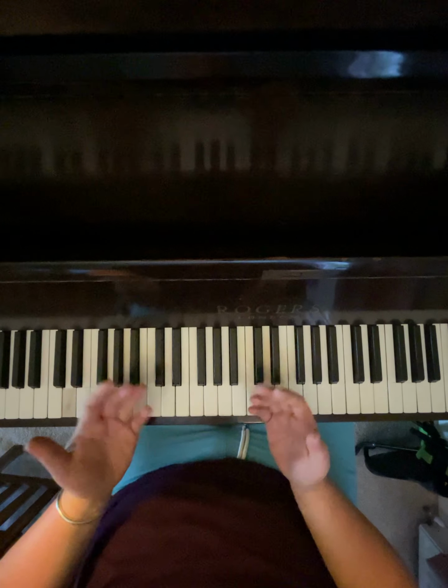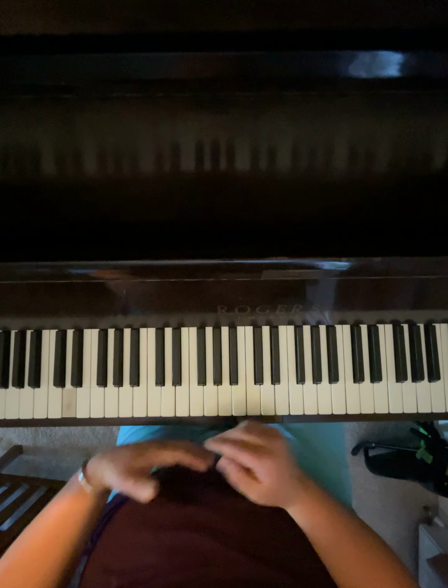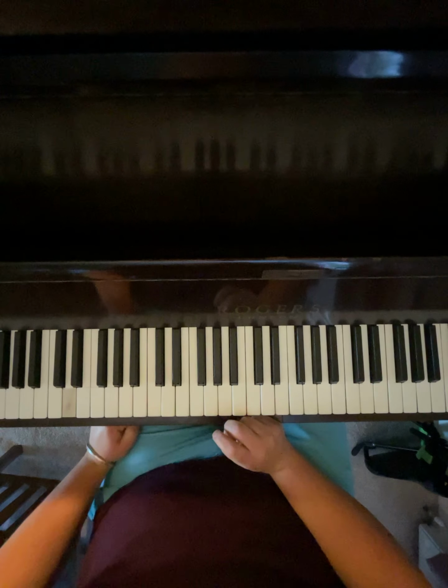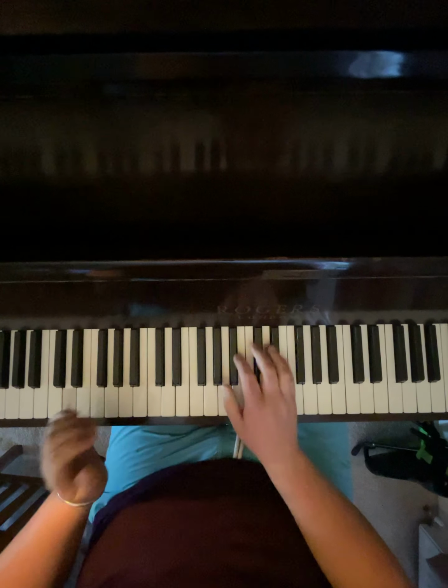So it's not more technical. I don't even know why. I just find the songs a little stark if you just do that. So I add all these little bits in that make it sound more complicated than it really is, because I prefer to play it that way. Anyway, so